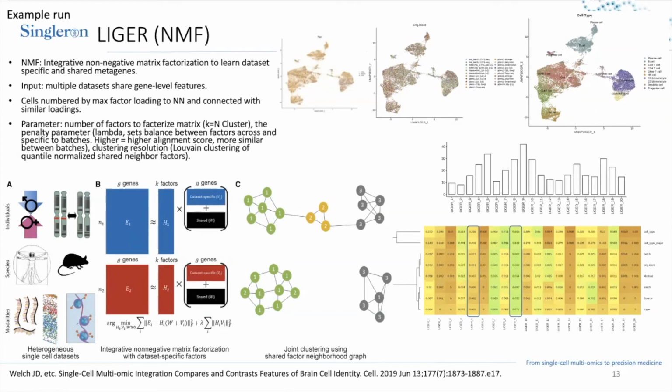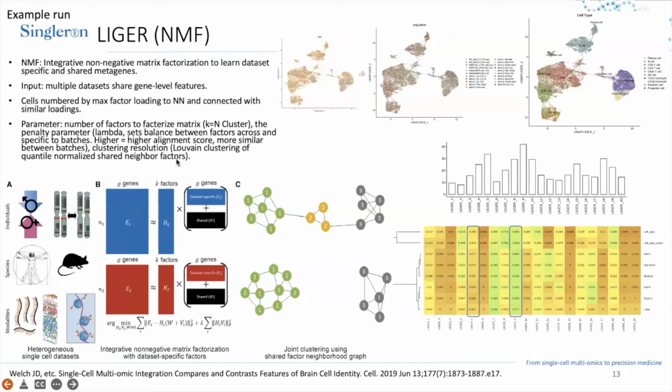There are several parameters that you can use to calculate the Liger corrected data. For example, one of the important parameters is K. K equals the number of clusters, and lambda will assess the balance between the factors shared across or specific to these batches, because the weightage of these two types of matrix is actually quite important for